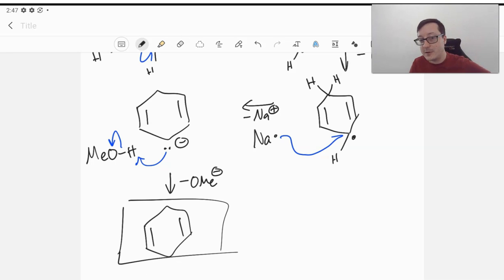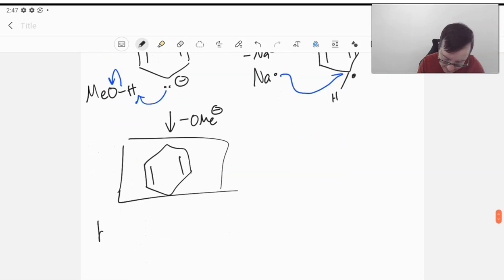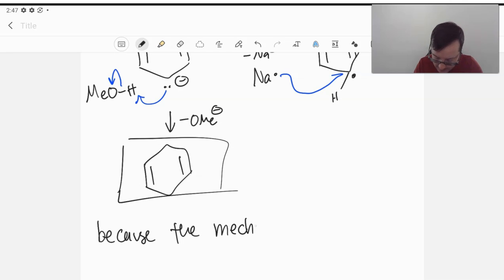And so if we want to consider what happened in this mechanism, note at both sides where that reduction is taking place, where the hydrogens are being added to the molecule, those are at the top and the bottom, and it proceeds through an anion pathway. And so we want to think, what's going to help stabilize this? Because the mechanism proceeds through an anion intermediate,